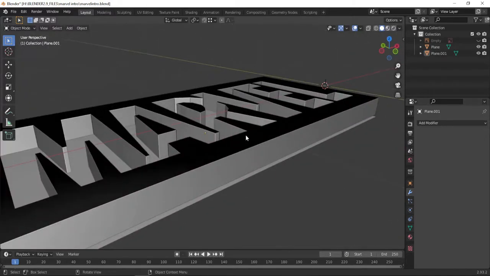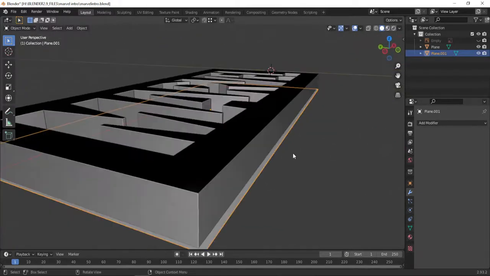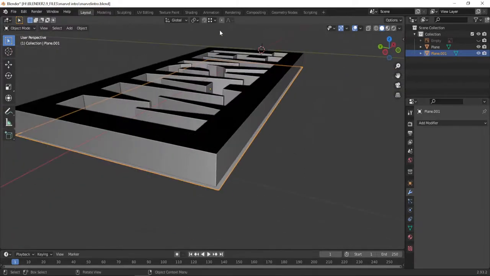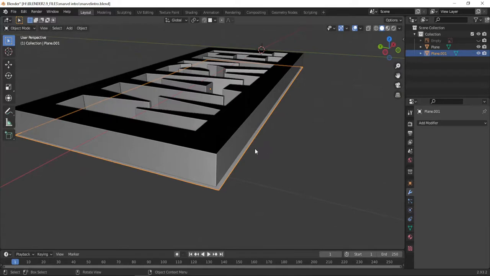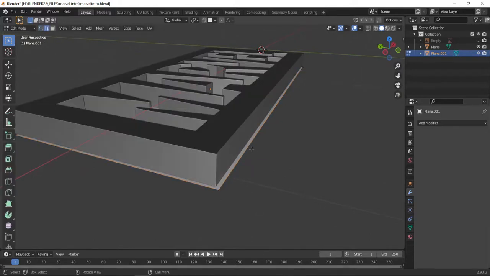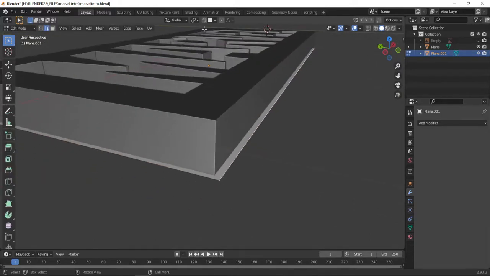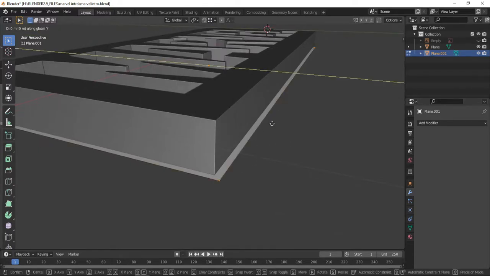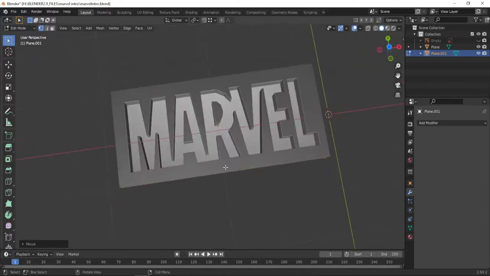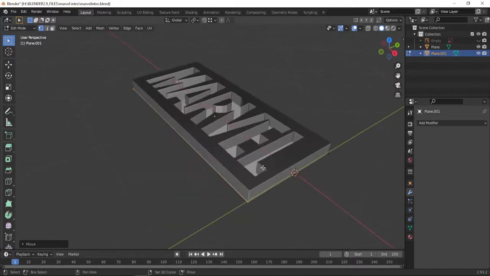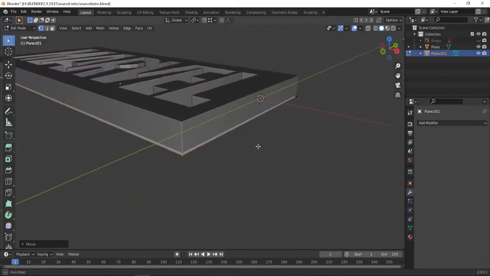Now if you want this to be accurate, then select the plane and for the snap settings change it to face. And now if we go to the edit mode, select it to vertex mode, and if you go to edit mode and select a vertex and press G and hold down Control, it should snap to the exact vertex, so it will be accurate position.